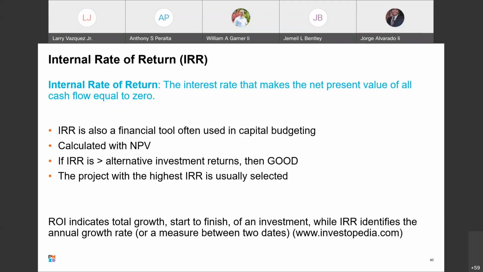I believe that's how you guys, go ahead, please. I was going to say, this almost sounds very close to the break-even point. Actually, your internal rate of return is your break-even point. That is where your net present value equals 0. That is the break-even point. Anything above that point is going to be profitable. So, great observation.